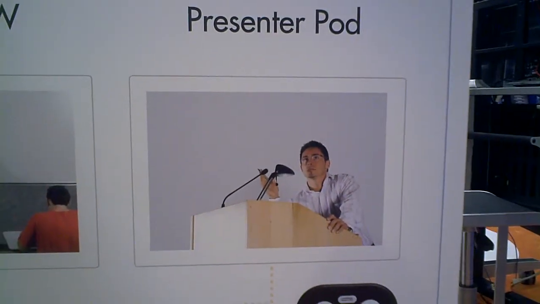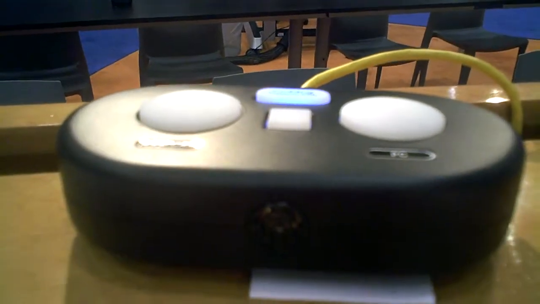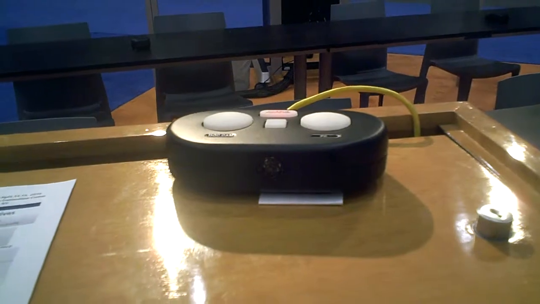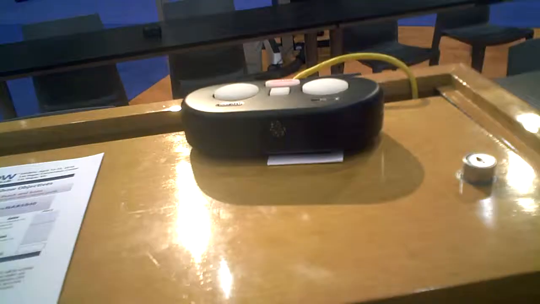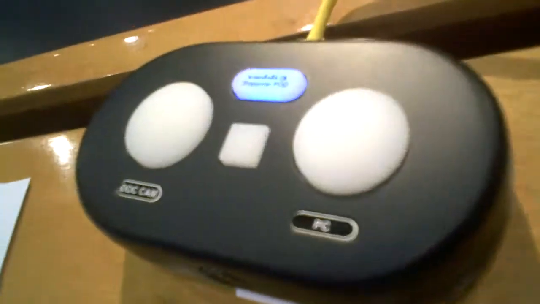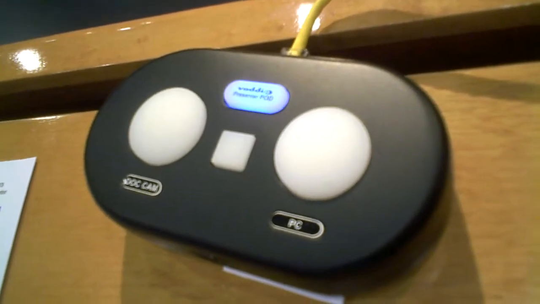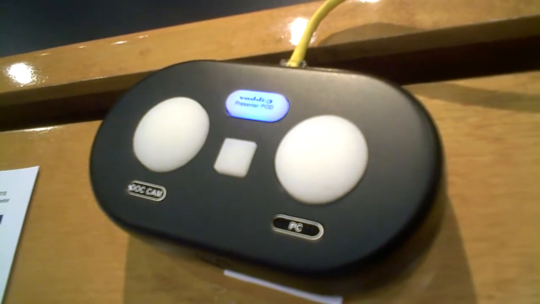The presenter pod is this tiny unit here. This is the presenter pod, that's what it's called. This little point here is a sensing device that adjusts the camera shot for the presenter when they're at this position. The pod allows for the adjustment. You can bring the presenter full screen, you can bring the multimedia full screen, you can put them into various